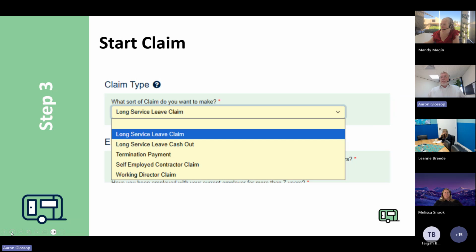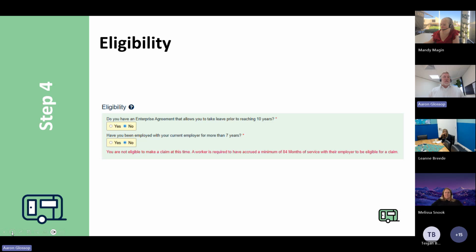So once you selected the long service leave claim, because you want to take a holiday and take that long awaited holiday with your family, you would be shown this page, which is essentially about if you are eligible to take long service leave or not. So this predominantly talks about the standard long service leave timeframe accruals, but it does ask you whether or not